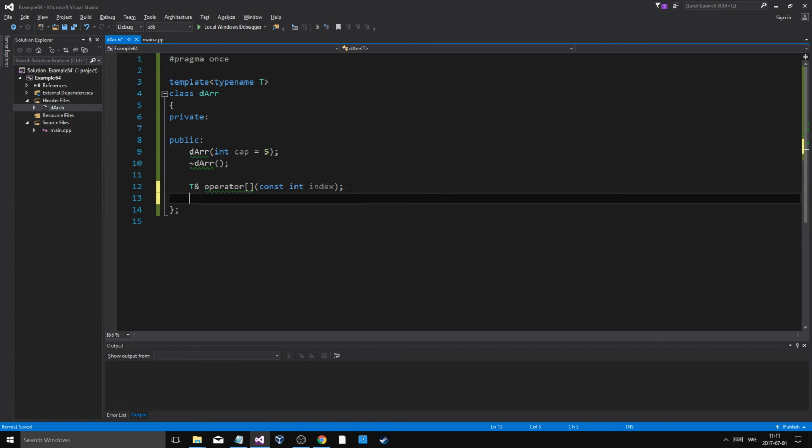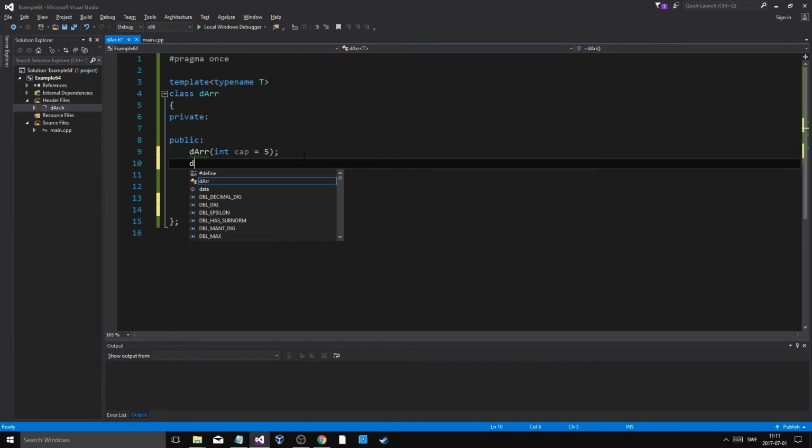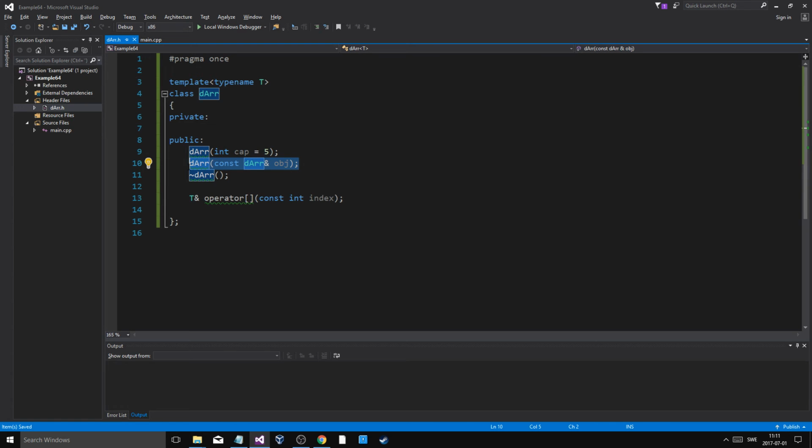We're gonna create something pretty important here as well. We're gonna do a D array. You always want to do this, okay? Trust me, you always want to do this. Const D array object. You always want to make a copy constructor, because when you're creating D arrays in, for example, a character class, say you're making a character, you have an inventory, and your inventory is a D array, and when you're creating several characters, you're copying them between each other, you're gonna get a bunch of problems if your dynamic array doesn't have a